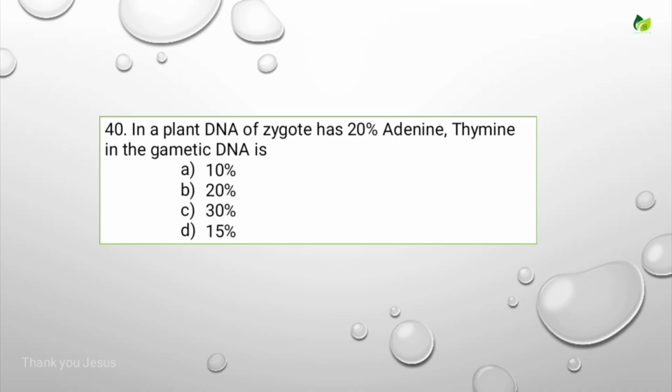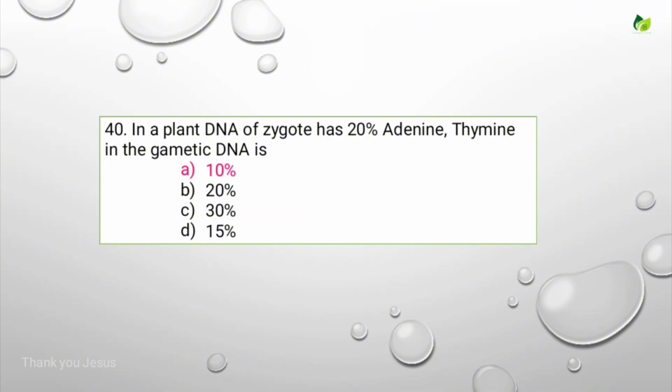In a plant, DNA of zygote has 20% adenine. What is the percentage of thymine in the gametic DNA? Options are 10%, 20%, 30%, 15%. For this, the correct answer is 10%. If they ask what is the percentage of thymine, then you have to tell 20%, because according to Chargaff rule,